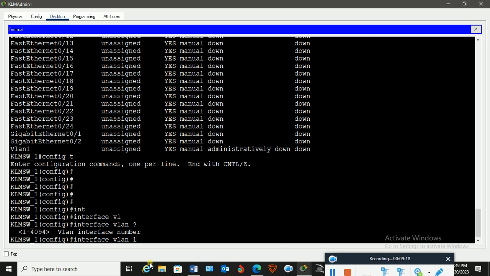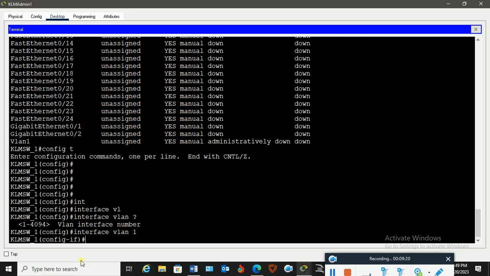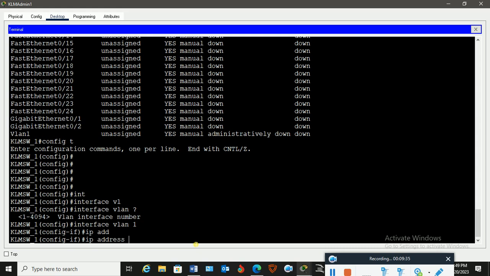So I have to choose what? 1. Then I'll enter. The moment I enter, it means it's time for me now to assign an IP address to our VLAN. To assign an IP address to our VLAN, you type ip space address, then you type the address that you want to give it. So our IP address is going to be